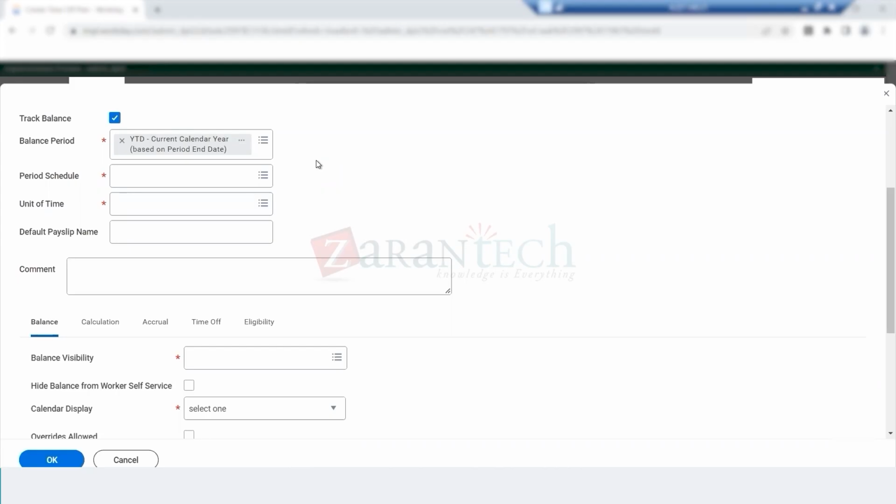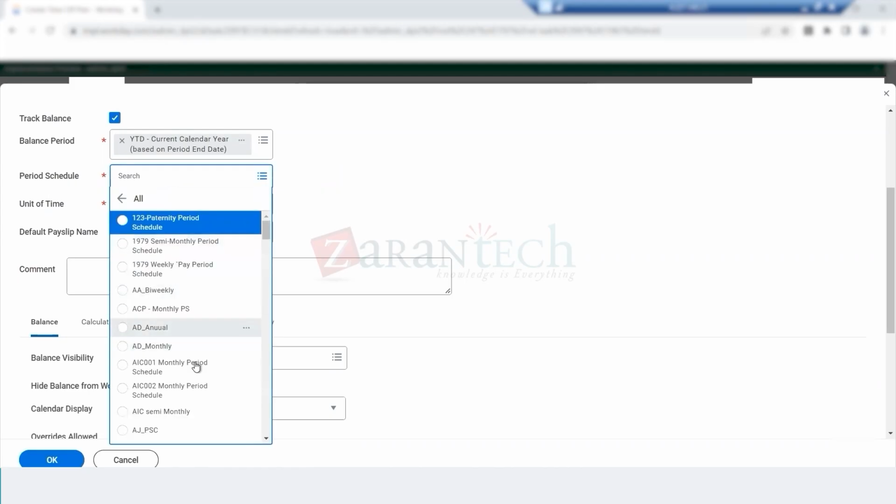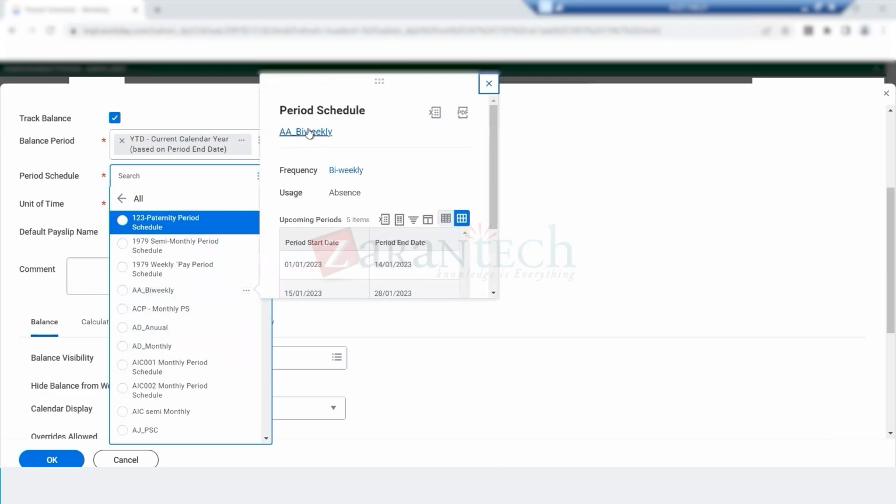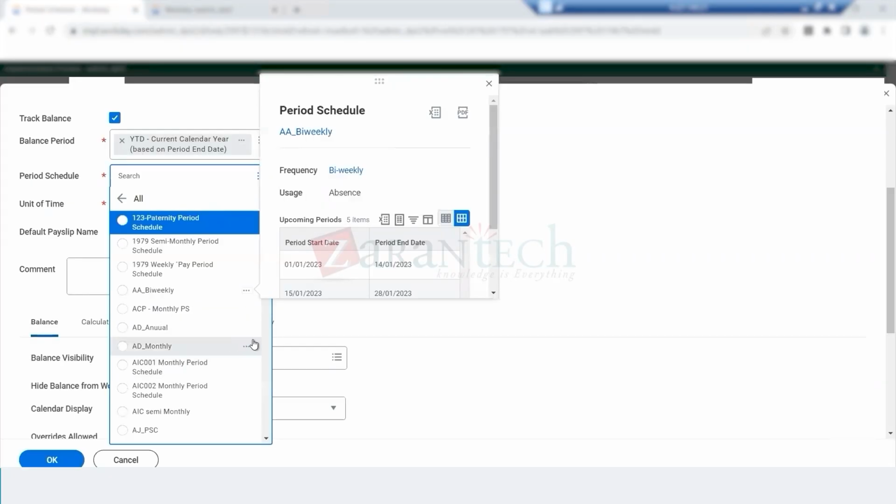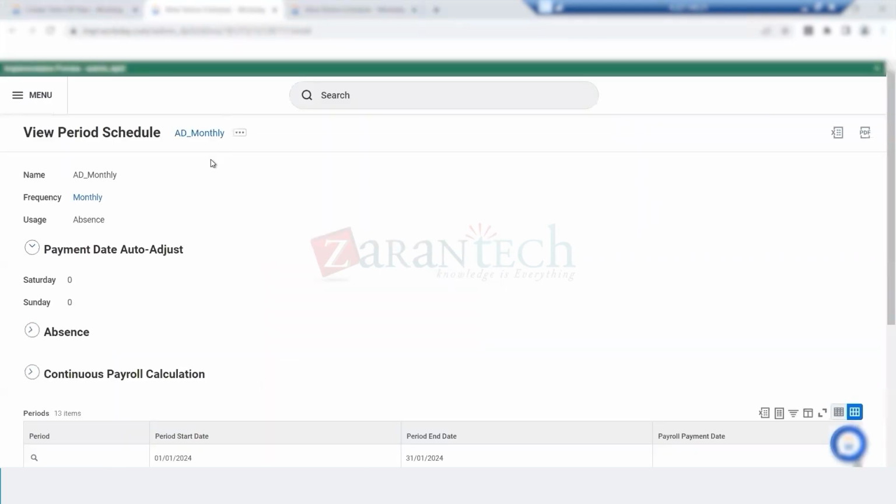Time off account. That's the period schedule. So if I open any of the period schedules, there are a lot of period schedules in the bucket. An absence consultant also needs to determine the period schedule when requesting requirements from the HR consultant. Okay. So if I open this period schedule,